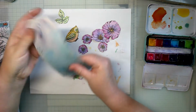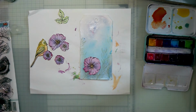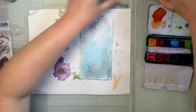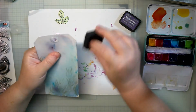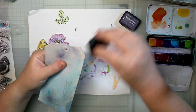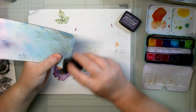So, right, let's have a look now. I want these stuck flat down. Now I'm just thinking I might go round. I've got a Dusty Concord archival rather than a black, although black would probably be okay because I've got black in my stamping. But I'm just going to give that a little edge,